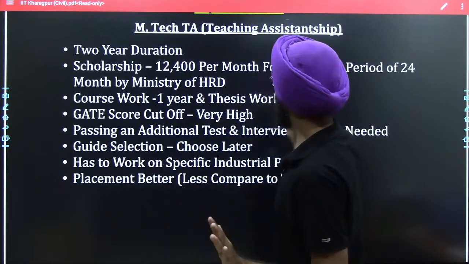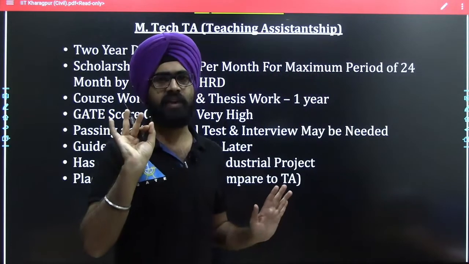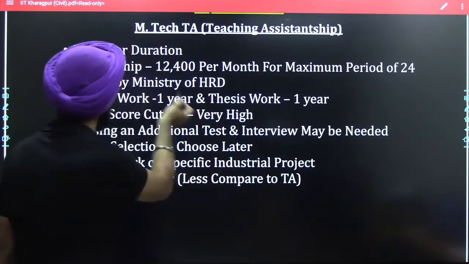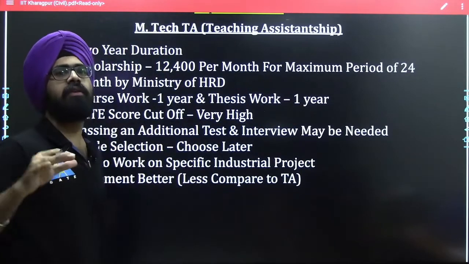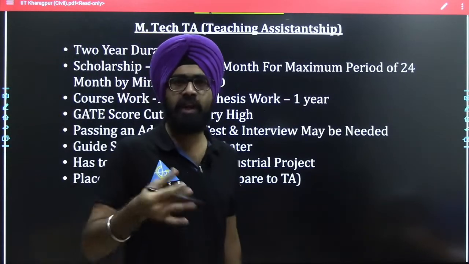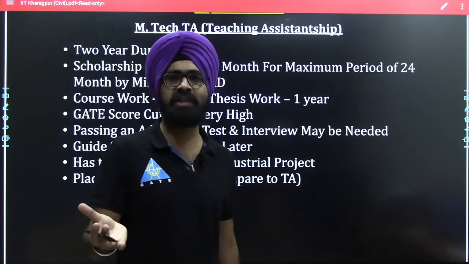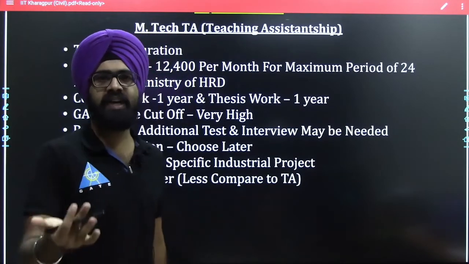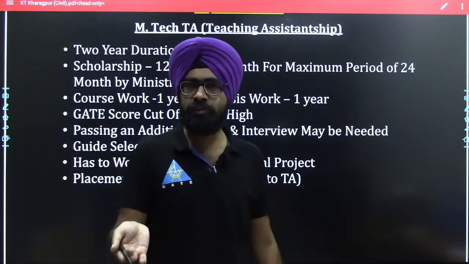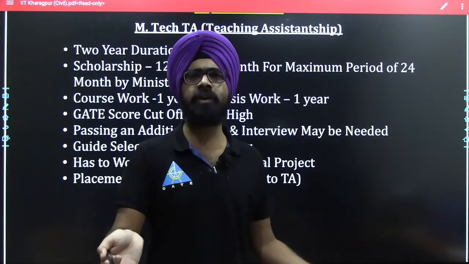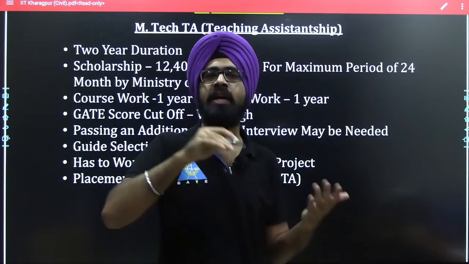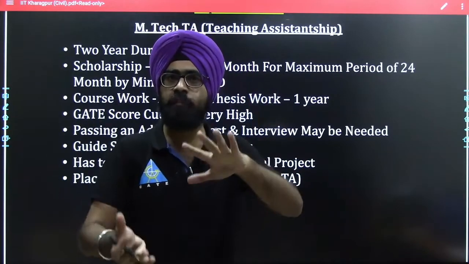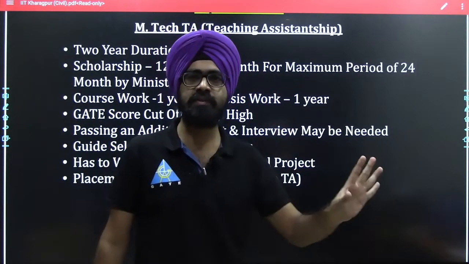And the second year is entirely the thesis work. I mean, in the first year you have to do theory, and in the second year you have to do the thesis work. A guide will be assigned to you depending upon your marks or various criteria. With him you have to discuss a topic. He will give you an area of research. You have to do the research on that particular area. Then accordingly you have to decide the topic in which you are comfortable to do thesis work.